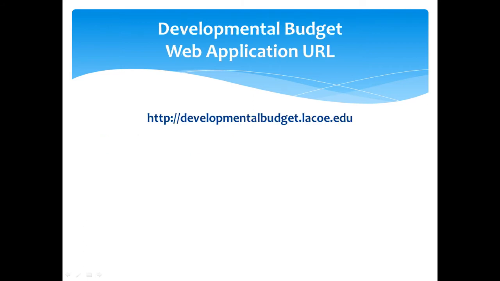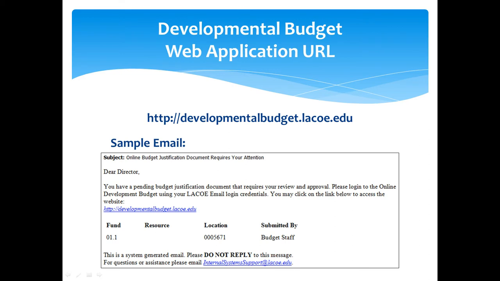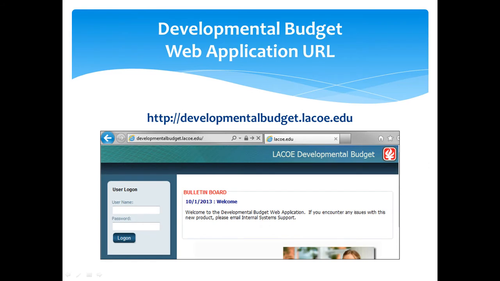The Developmental Budget Web Application can be found at developmentalbudget.lacoe.edu. As approvers, when the developmental budget approval process begins, you will start receiving emails notifying you that the budget justification forms are pending your approval. You can follow the link provided in the email to the Developmental Budget website, or navigate to the website by opening your web browser and navigating to